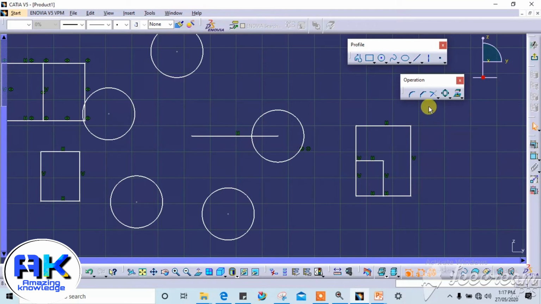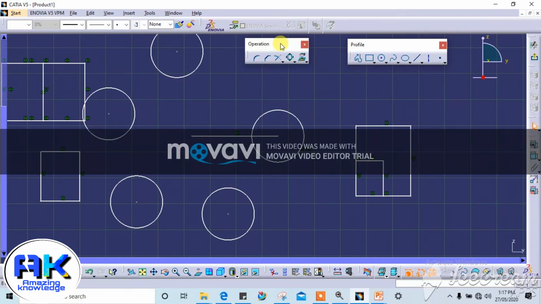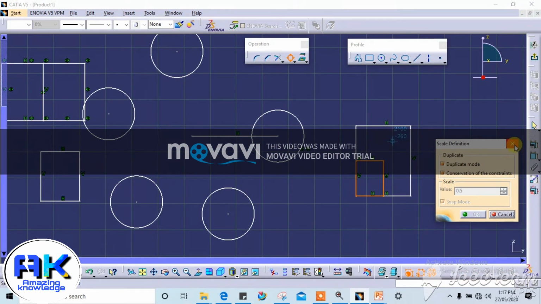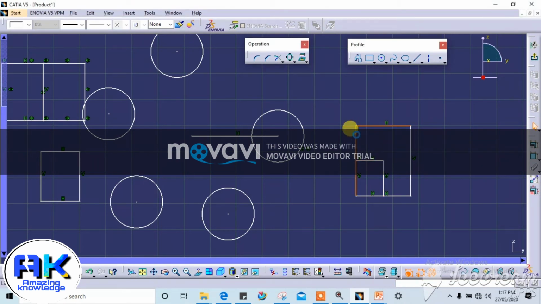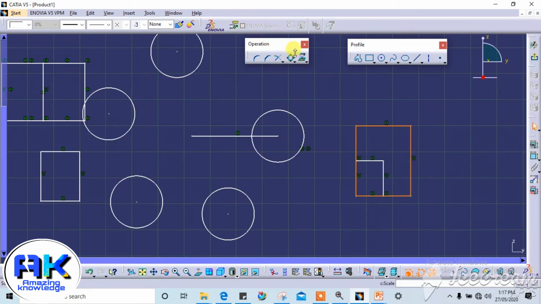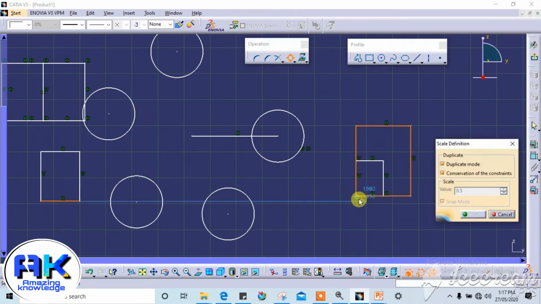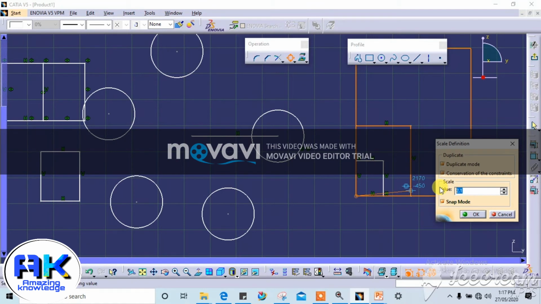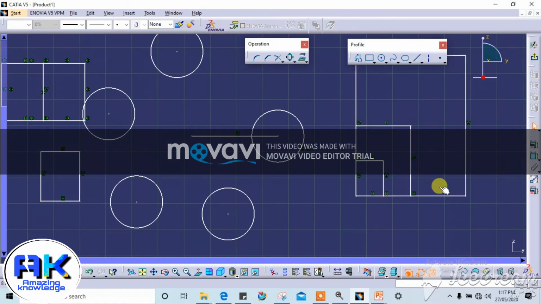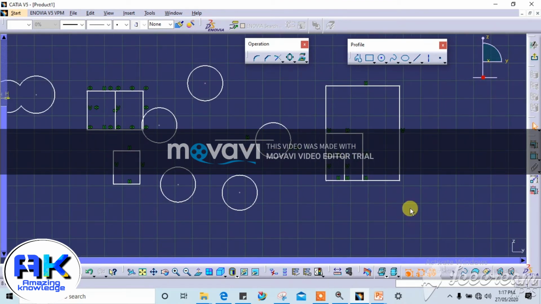Suppose if you want to double the rectangle, then put here 2. In this way we can use the scale command.